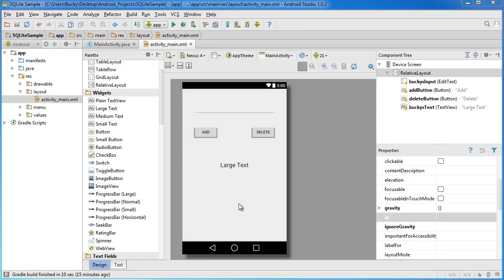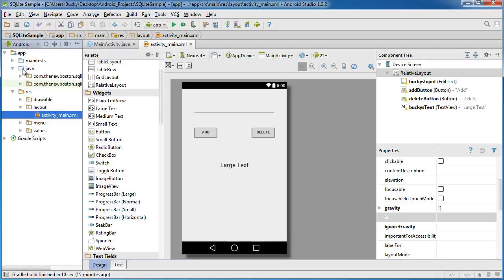Alright, so just so this example makes a little bit more sense, we'll say that we have some store, what we're selling, who knows right now, but we have some store and we want an app to keep track of all of our products. So, I just figured if we have some background information, that'll probably be a little bit easier to follow. So what we need now is if you go in your Java directory and expand your first